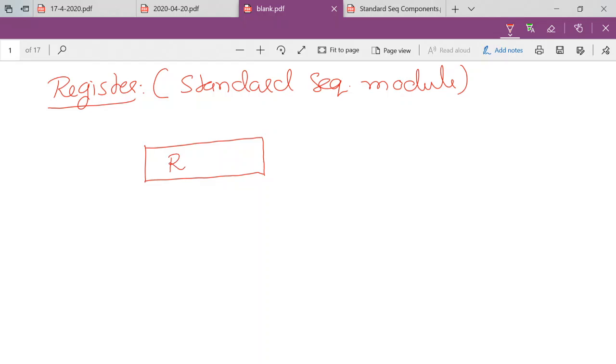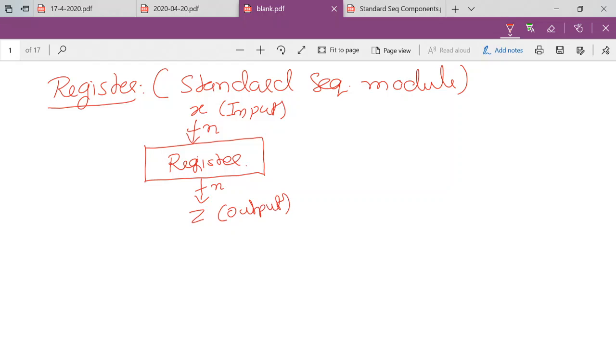We will discuss the functionality of the register and how we can implement the register using flip-flops, so you will get a clear idea of what a register actually is. In the case of a register, there would be an input, which we represent with X, and the size of the input would be n bits. I have already discussed that this cut represents n bits, so that means in this line there are n bits. There is an input, represented with X. There would be an output, which we represent with Z.